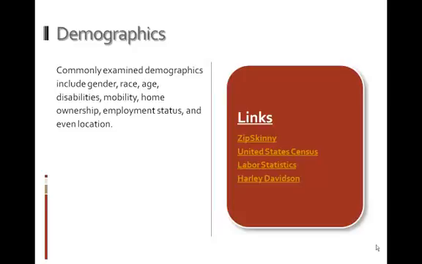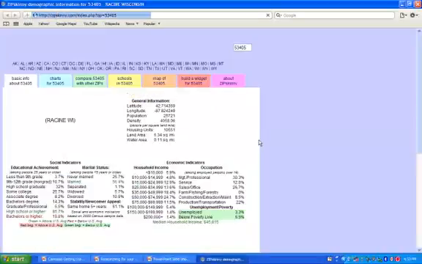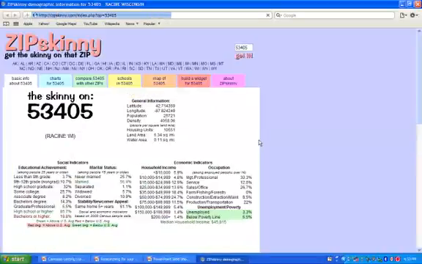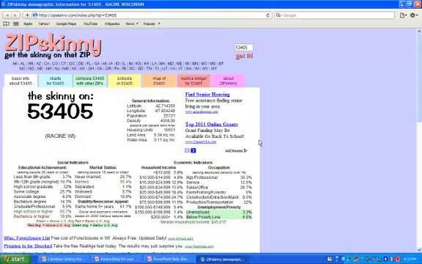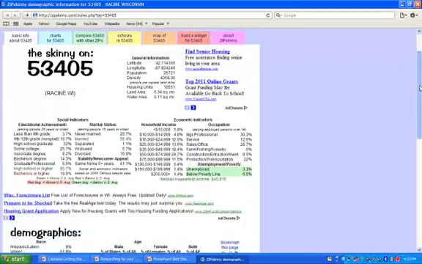On the PowerPoint slide here, under links, we have a couple different links that will help you identify the area of demographics. Now, there's a site that is pulling information from the United States Census Bureau called Zip Skinny. And what Zip Skinny can do is, I pre-populated this to show the zip code that I live in. Okay, so under 53405, pull the information up, and now it's telling me